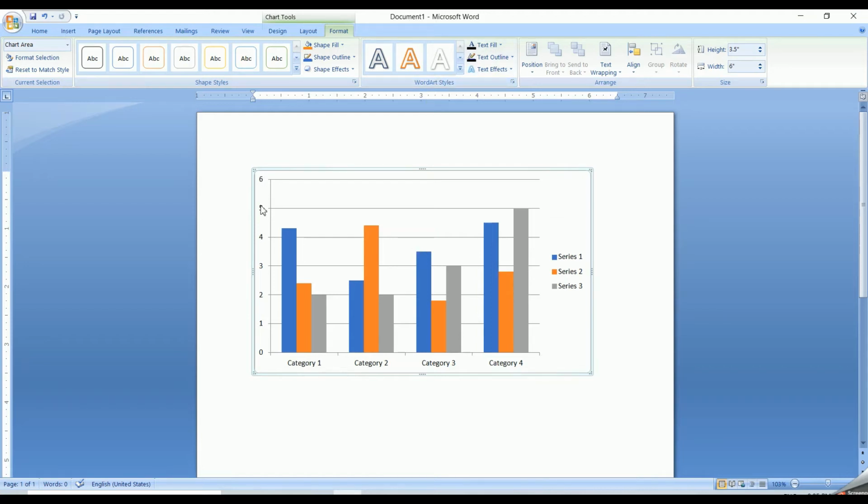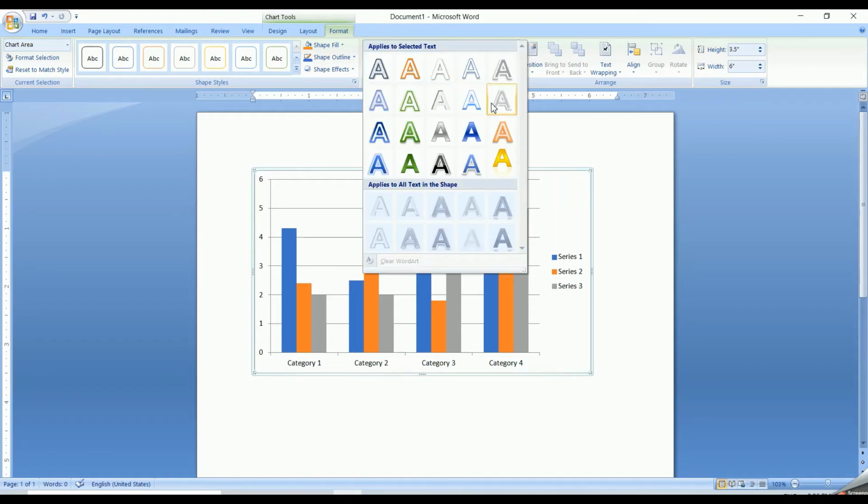In your chart you have various text, such as horizontal axis, vertical axis, and so many others. If you want to change the appearance of your text, you can use the different word styles given here. Click on this option, and you will get a variety of styles. You can see the changes on my screen when I select any one from here.